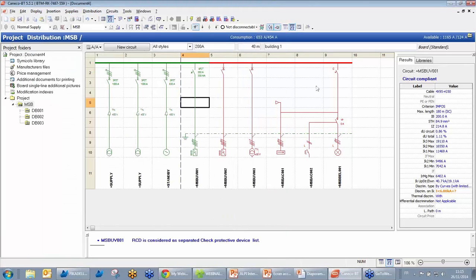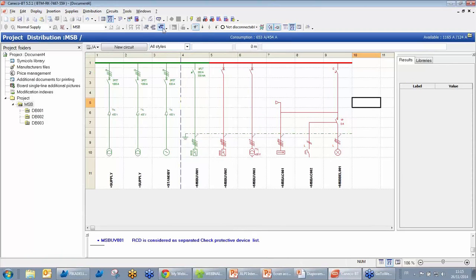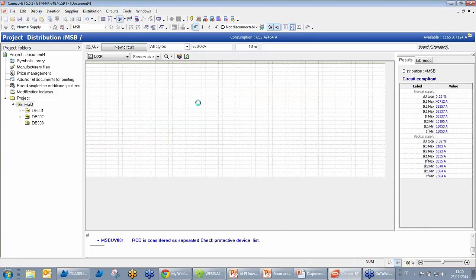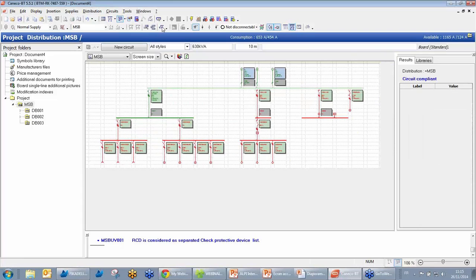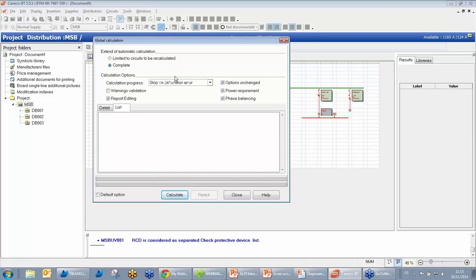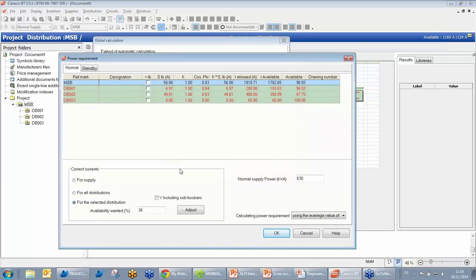Okay, so that was for one circuit, but if I want to go faster, I can perform a complete calculation. Back in this view. Okay. And right here, I can perform complete calculation. So complete calculation means that you will find the cross-section of cables and protective devices for all my projects. If I click on calculate, it suggests I make a power requirement on all the installation. So as you can see, all is red because it's not yet calculated, but we can already see that the